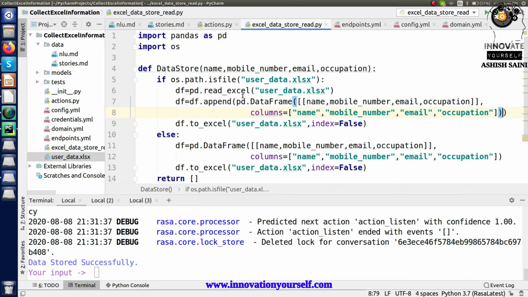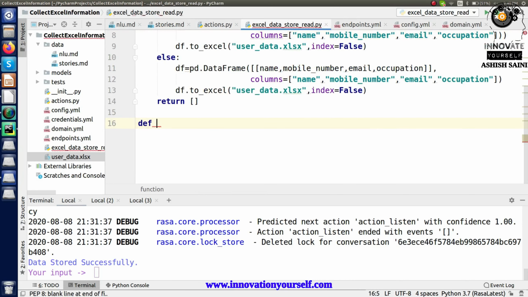and now go in here, create another function, and that function will be fetch data, and in here you have to pass two values, and those values are the column and the occupation, based on which you are going to show the output, or let's say based on which you are going to fetch the information. So this is what you will do. So in here let's say column, occupation.